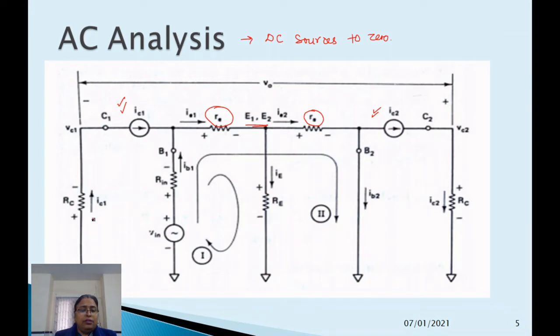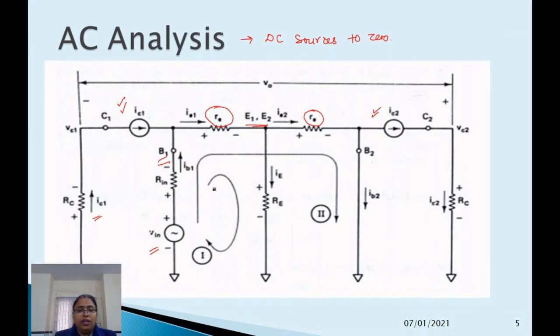So the RC and RIN, all the voltages, currents and voltages, you can see in the circuit. This is the Vin which is applied at the B1 of this Q1. For the analysis purpose, we have also mentioned all the currents and the voltage polarities across the resistors and the currents. This is IC1, IB1 and IE1. As we know, these are the currents which are flowing in the path of collector, base and emitter paths.